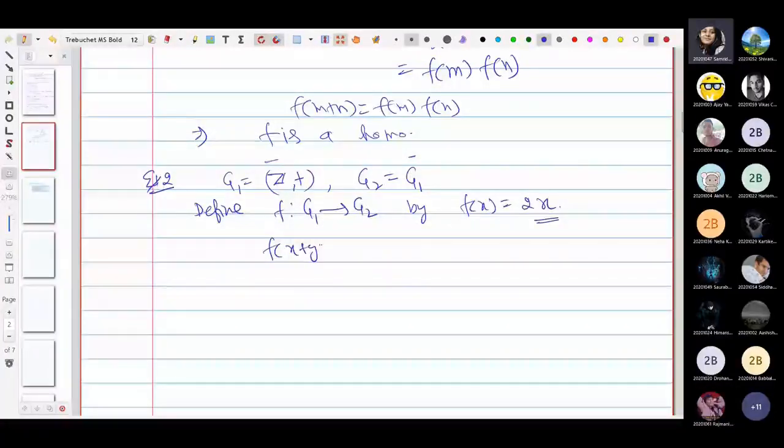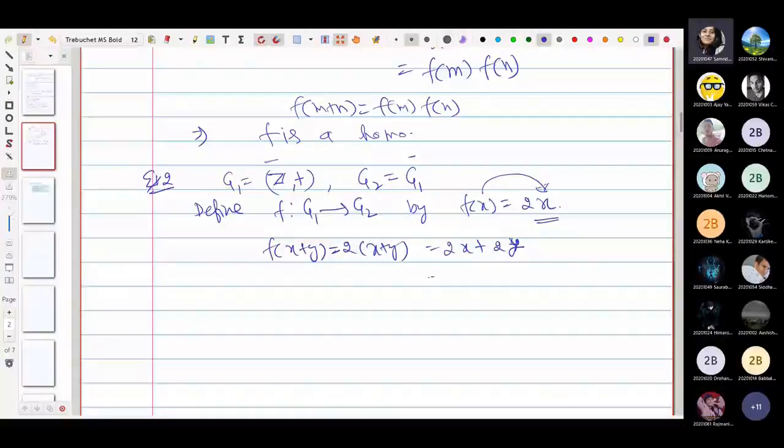This is equal to 2 times x; by definition it is mapping x onto the value 2x. So for x plus y, this is equal to 2x plus 2y. Here we are using the distributive rules of real numbers, because real numbers are, in fact, extensions of integers. So this is 2 times x.